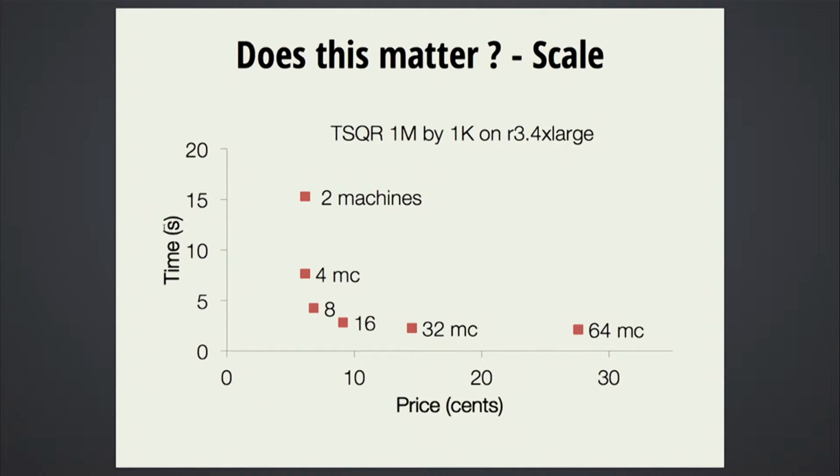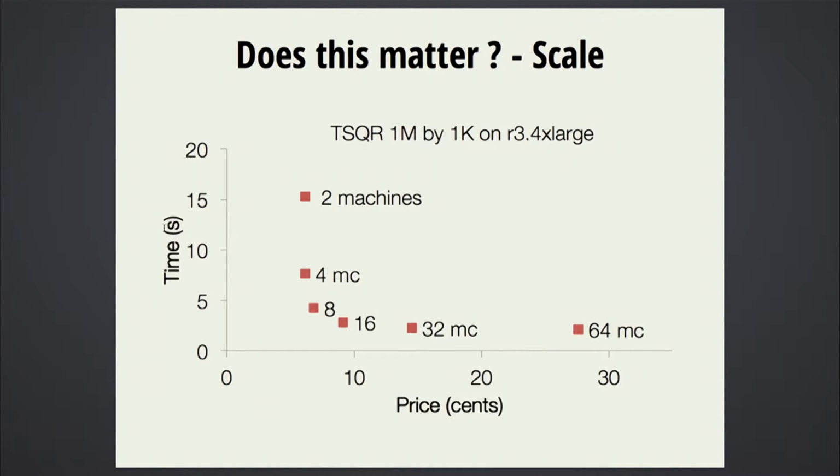What about the number of instances that you should launch? In this benchmark, we fixed the R3.4xlarge instance type, and we kept increasing the number of instances that we launch. We went from 2 to 4 to 8 and all the way to 64 machines for the same workload. Initially, we see some benefits. When you go from 2 to 4 to 8 machines, the running time halves each time, and the price remains kind of constant. So you're actually getting double the performance without paying extra money for these instances.